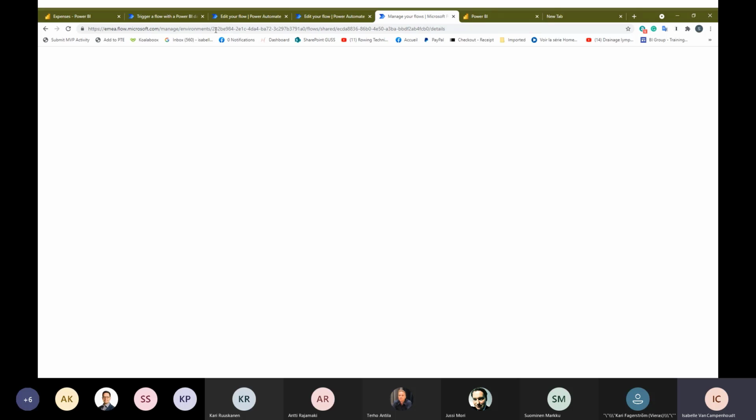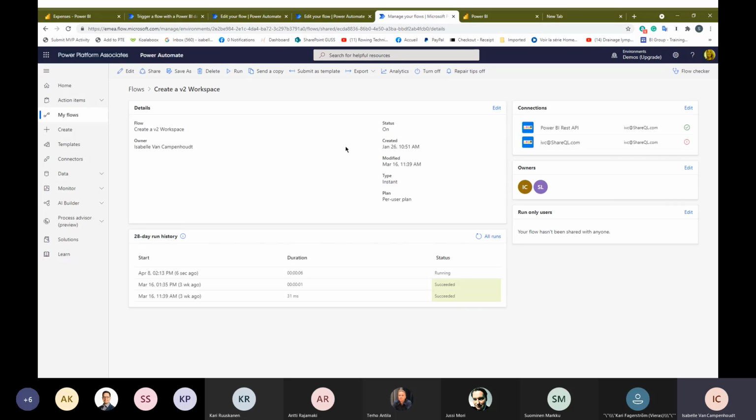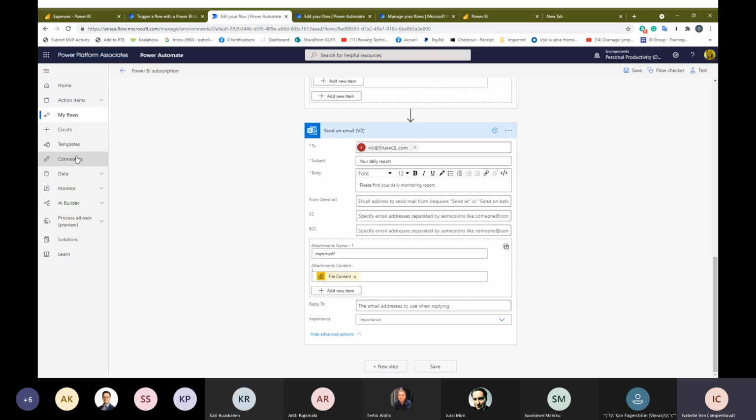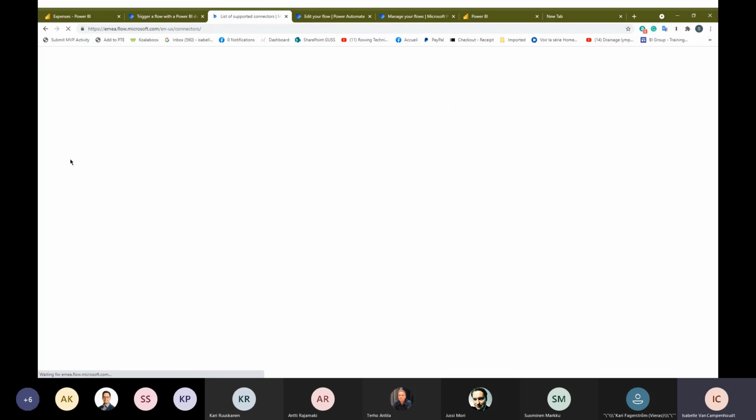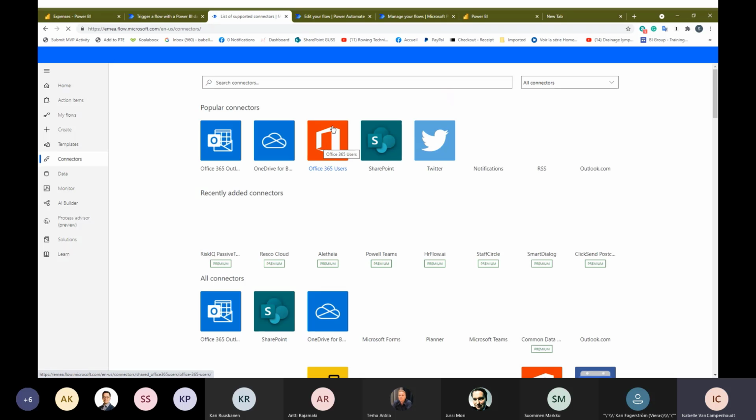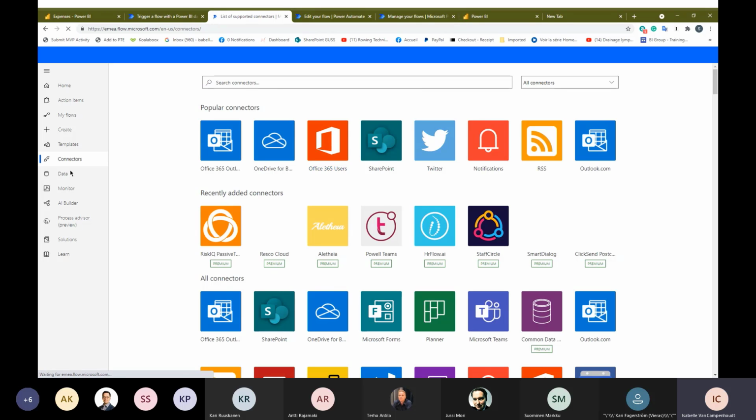And hopefully my screen will not be too slow for that. So when you want to create a connector in Power Automate, don't go to connector because it's not happening there. I know it's a little odd, but actually there is no possibility here to work with a custom connector. You need to go to data. And when you are in data,